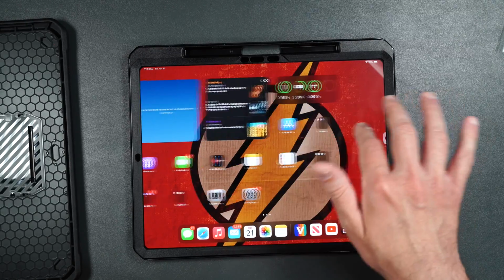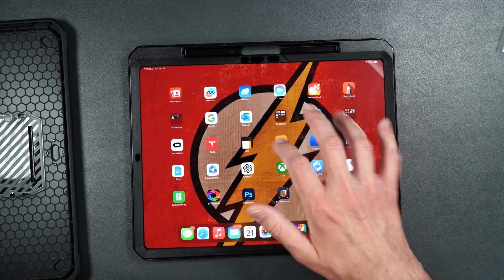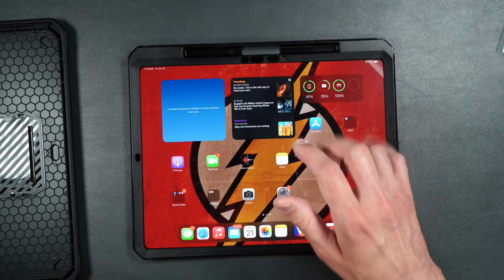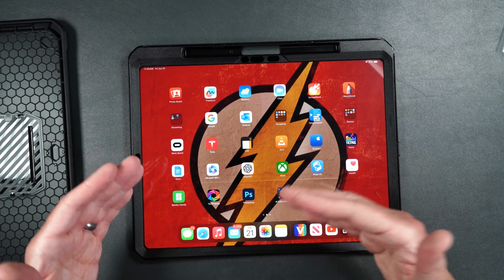So you shouldn't have any issues with touch. The screen does have a slight resistance. It's not as smooth as the glass that's on the iPad, and that's the reason why I wanted to test this